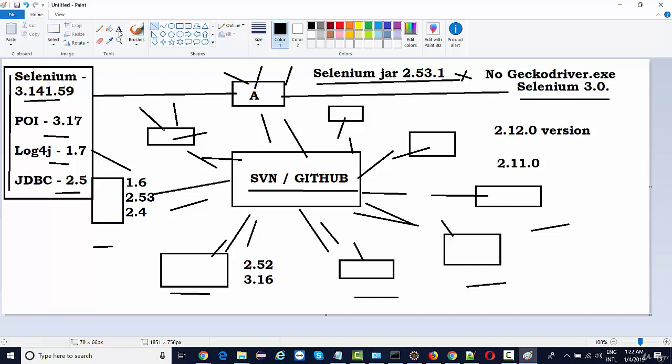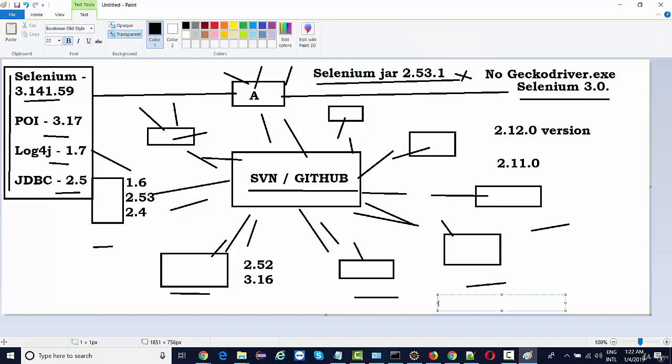It's not just about these jar files. We also talk about executable files. Right now Gecko driver is like 2.3. Now let's say a new Firefox is launched. Again we need to go to Selenium HQ and download the 2.4 Gecko driver. The same is the case with Chrome driver and IE driver. When the browsers are upgraded, we need to upgrade the executable files as well. And it's not a task of one person, everyone will start doing these things. So this is all a manual process.